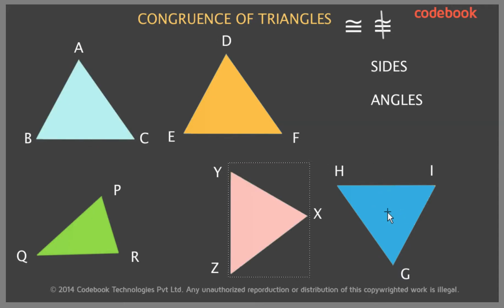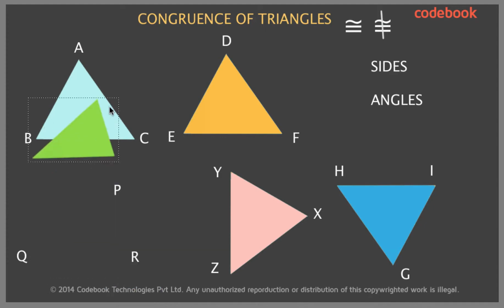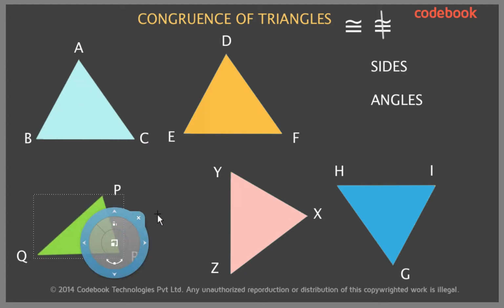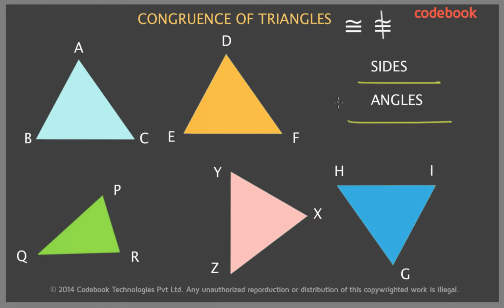Similarly, the blue triangle can also be flipped vertically and you'll observe both the triangles are congruent. However, if you observe, this green triangle is not congruent with any of the other triangles. Even if I rotate it, it will not be overlapping the other one because it has different dimensions. So going back to the earlier statement, if two triangles have to be congruent, they have to overlap each other exactly. And if two triangles are congruent, then the corresponding sides and angles of those two triangles will be exactly